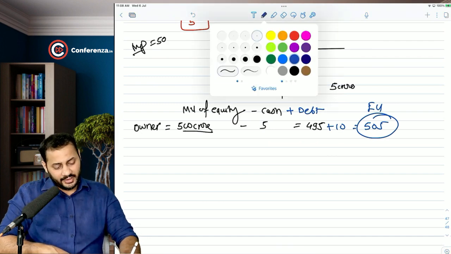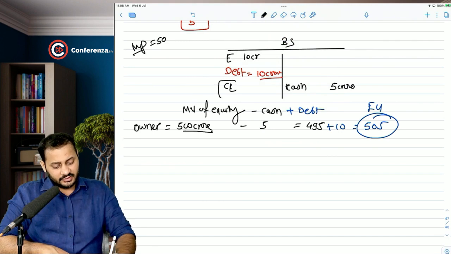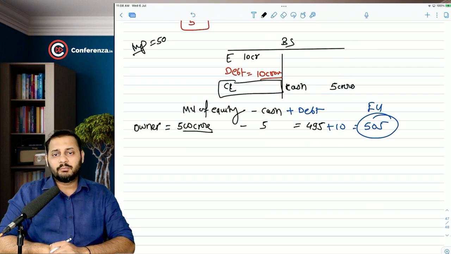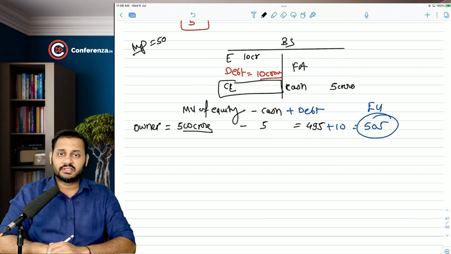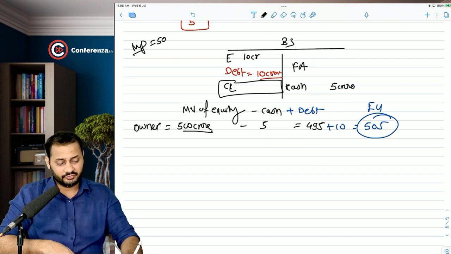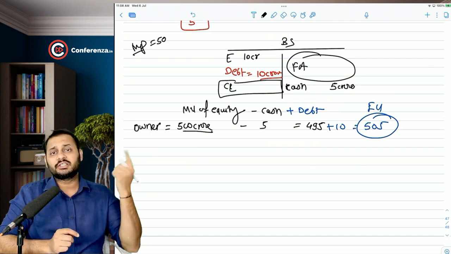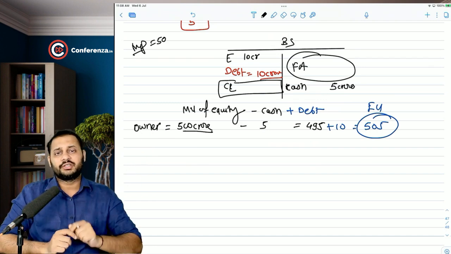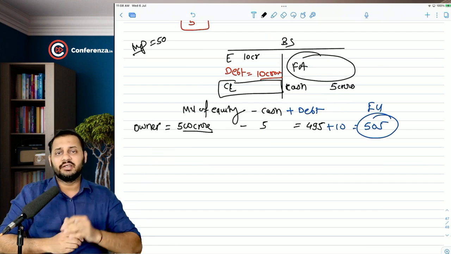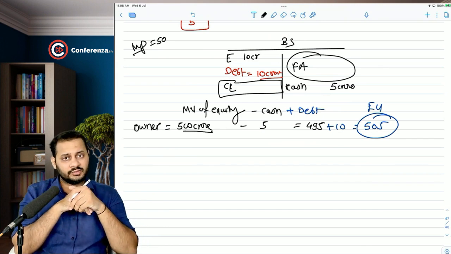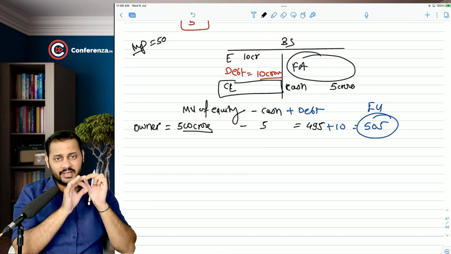Okay. You might also say that, sir, current liabilities are there. We need to settle those also. We should also pay that. No. By buying the equity share of the company, you are actually subscribing to the current liabilities and fixed assets and current assets and everything. These are part of the operations. Fixed assets you are using for the operations, current liabilities you are using for the operations, non-cash current assets also you are using for the operations. So these are not going to be adjusted here because this will continue to be operated year on year on and on. So the net cost at the time of buying the company is this